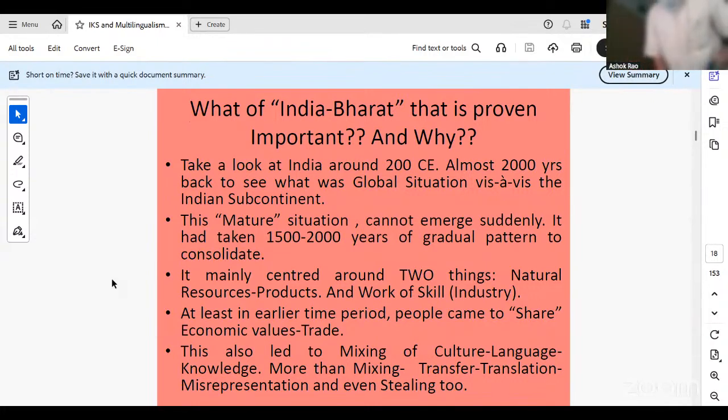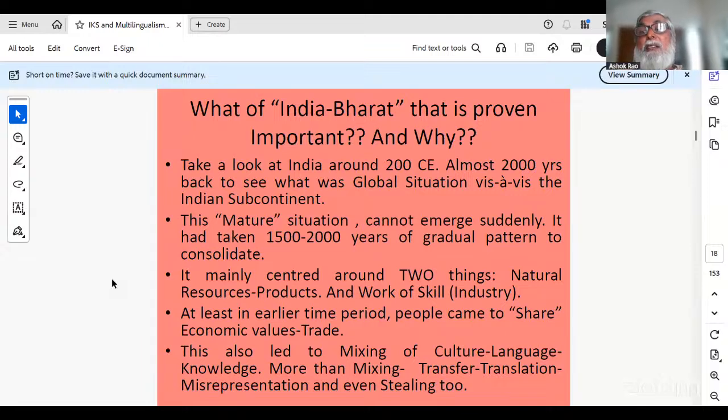And for many of you, what you are going to see now is perhaps for the first time you are seeing in your life. And not only is this 2000 years old,